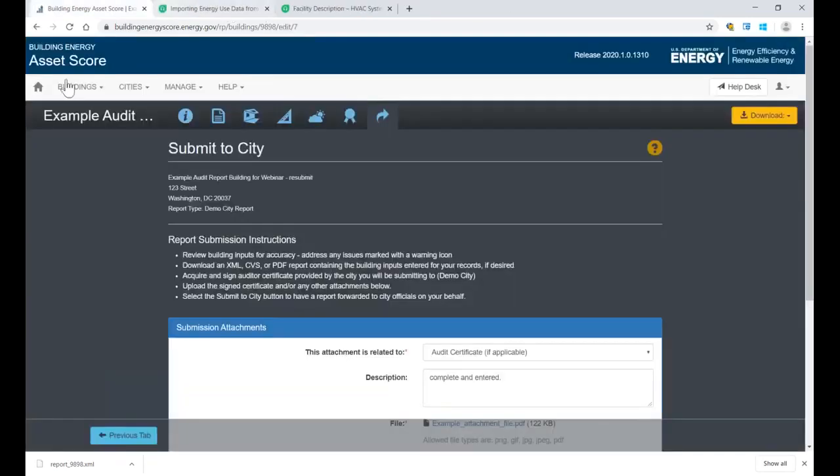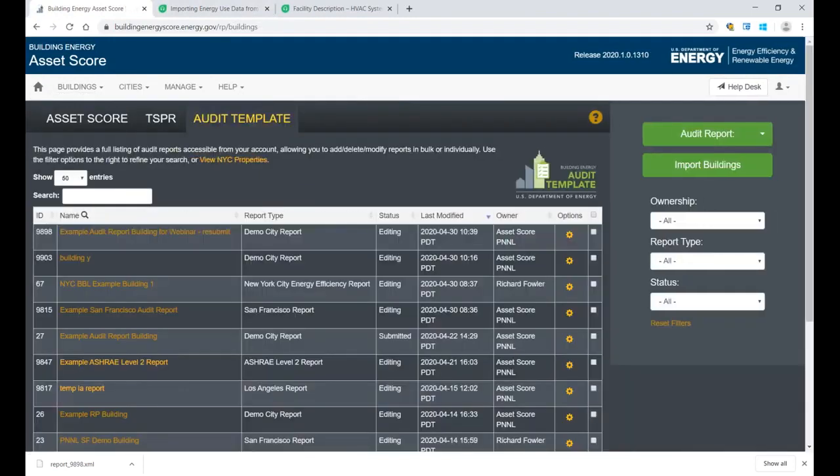Okay, I'm going to close that, and I'm going to go back to the home page because I'm going to show you a couple features that could be handy, both while you're editing a building or when you've completed a building. The first of those is how to share a building. Maybe you're working with a colleague and you're dividing responsibilities. One person is entering energy data, one person's entering construction data. You can share your building and both edit at the same time, or maybe